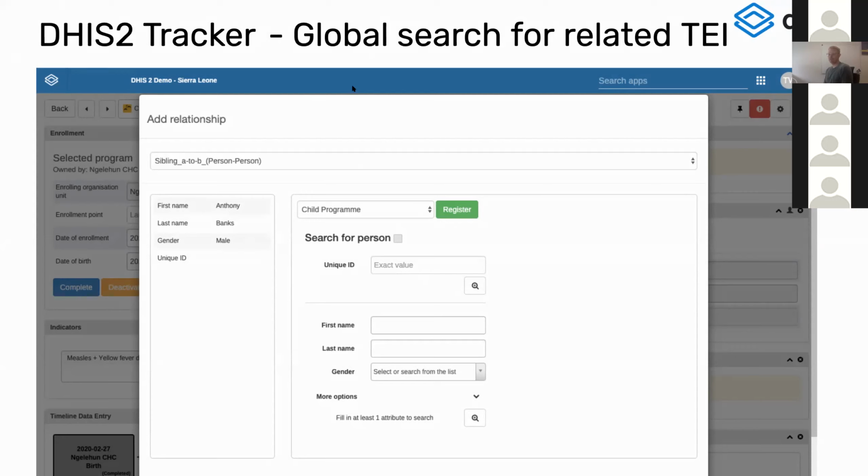One new tracker feature before I go to a little bit of a live demo. In the tracker relationships that we have been creating between tracked entity instances, it was not possible to search and find related entities from other organization units apart from the one you were registering data for. When we went into the COVID use cases and into the countries, it was apparent that the use case for linking one tracked entity instance from another org unit to the current tracked entity instance was very central, and we therefore built this